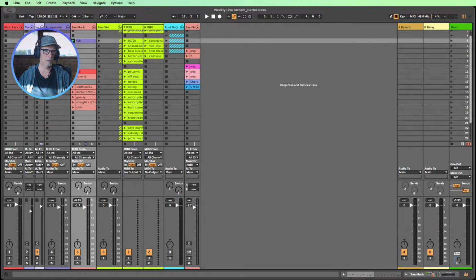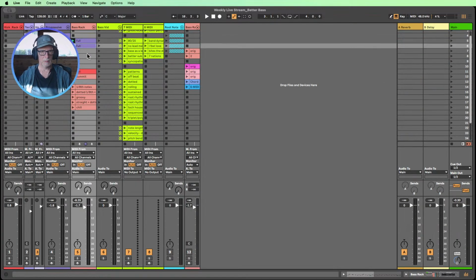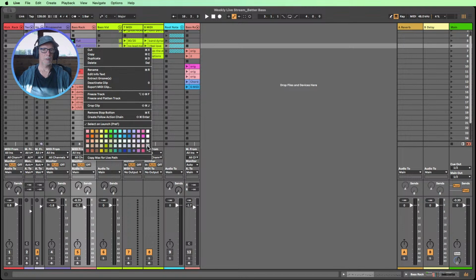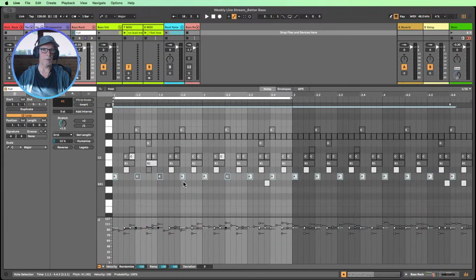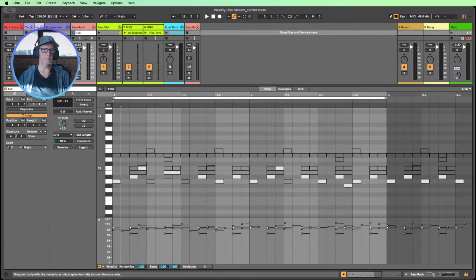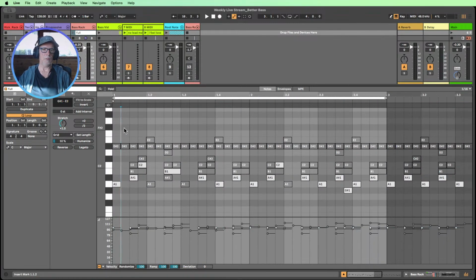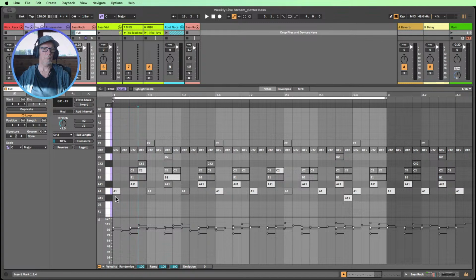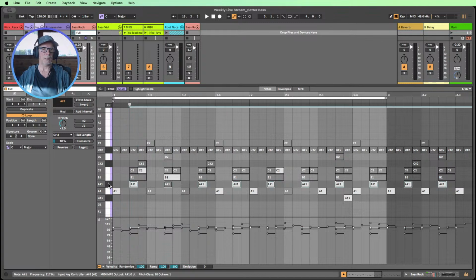We can also make a copy of this, put it down one, change the color again. Let's work on this one. And in this sense, maybe what I will do now is put it into a scale, right? At the moment, I have no idea what the scale is of these particular notes. I can see that if I turn on C major, like I did a moment ago, we've got a few notes out of the scale, this one in particular. And some of the others, they're not playing at the moment. The A sharp isn't in the scale, right?